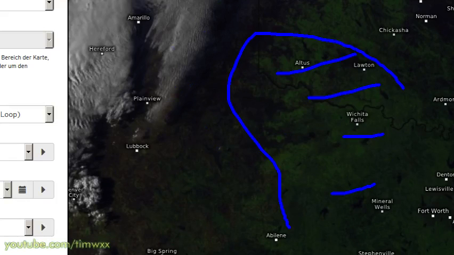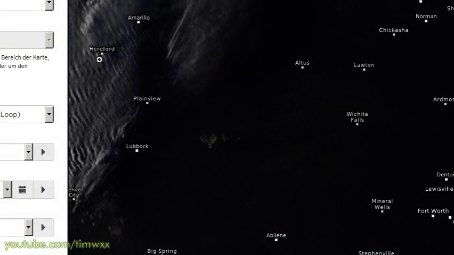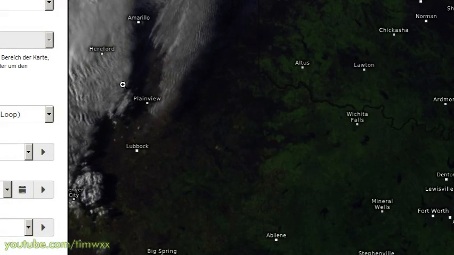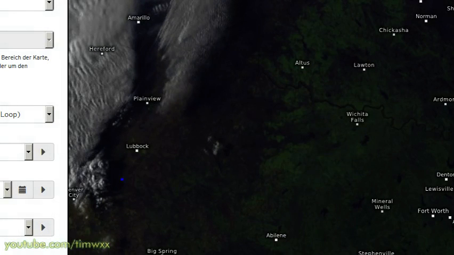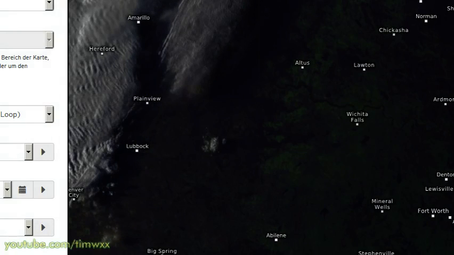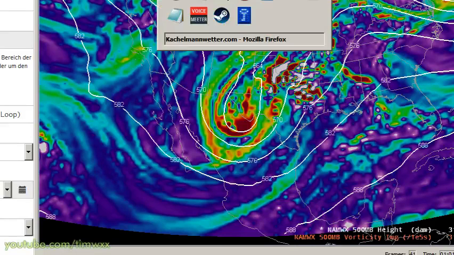We do have mid and high clouds out to the west, so upper dynamics are moving into the area, and this is very cool. You can see gravity waves on the top of these clouds here. By the very long distance between the shadows, this shows you that these are pretty high up there, about 20 or 25,000 feet. So this is mostly upper air energy, and let me show you the